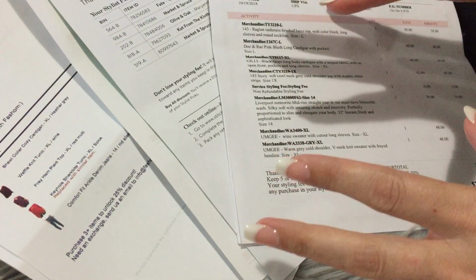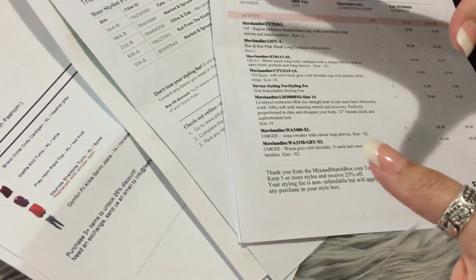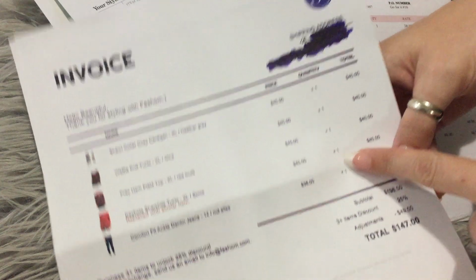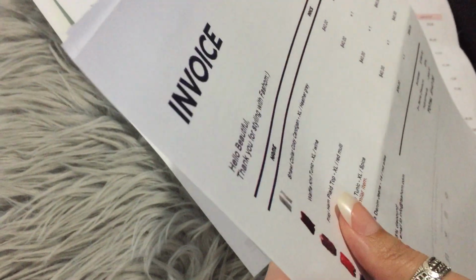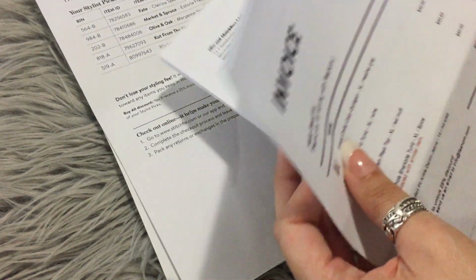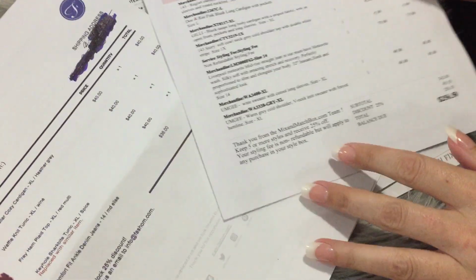Out of these, as far as money goes, this one, the Fashom box, seems to have some of the better prices. Sorry y'all. I mean, the Mix and Match has some good ones too, like you can see here. The Mix and Match box has pretty good prices too, and the Fashom. The Stitch Fix seems to have the highest prices out of all 4 of the boxes. The Wantables prices are pretty good, but now